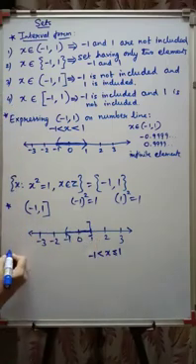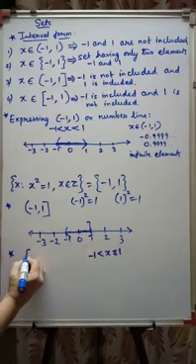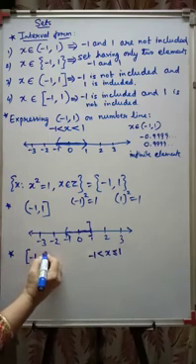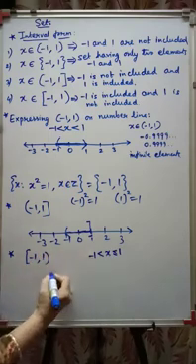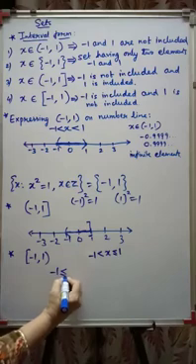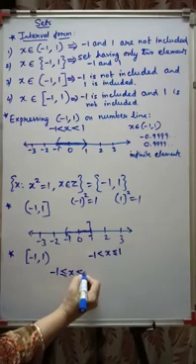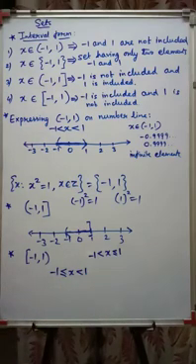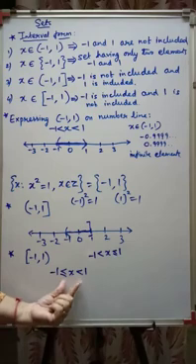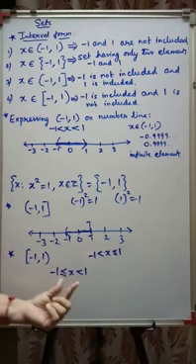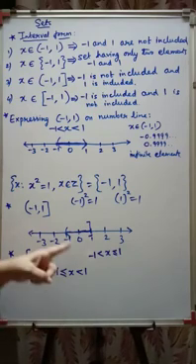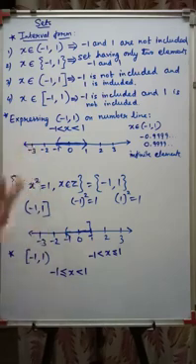For the last one, if I write [-1, 1), how to express this form? It's -1 less than or equal to x less than 1. So this way you can express the property. If the property is given in this way, you can express it in this way. If it is told to express it on the number line, you can express it on a number line this way.